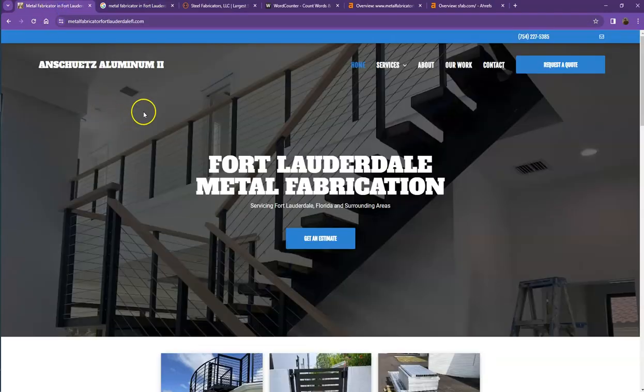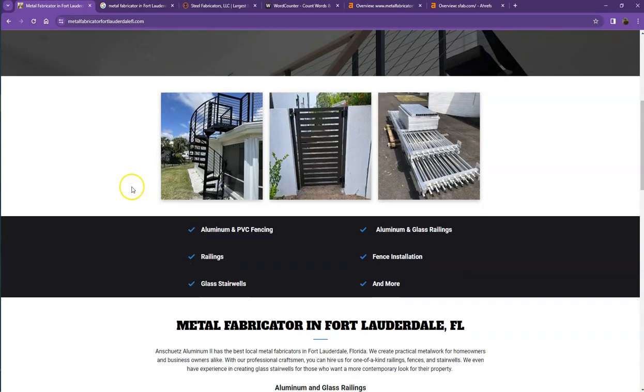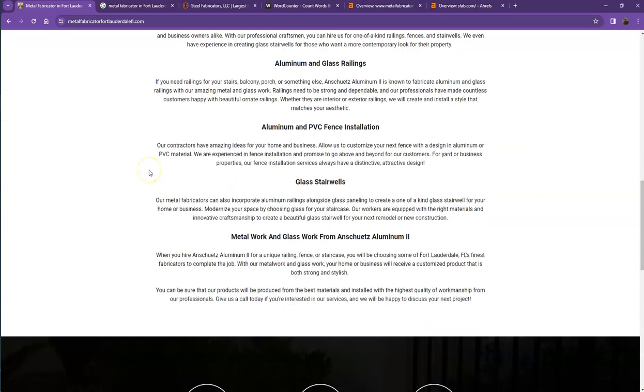Last but not the least would be the keywords, wherein we're going to help you out in adding more keywords into your website and of course choosing the right ones. That way more customers will be able to find your website faster and easier. So these are all the things that you can actually implement right now. And of course, we can also help you out in making these changes and more with the goal of getting